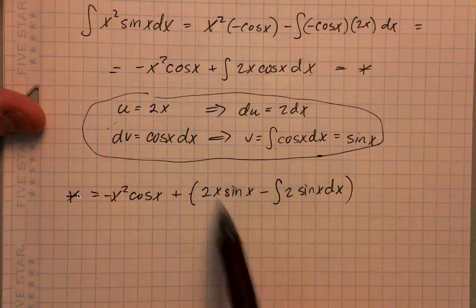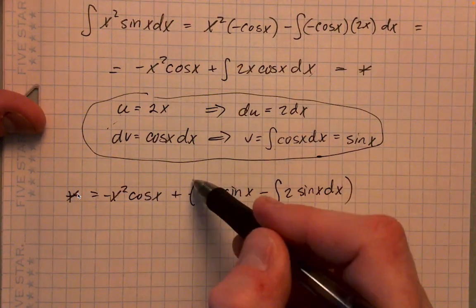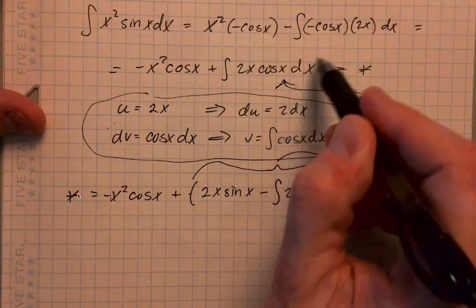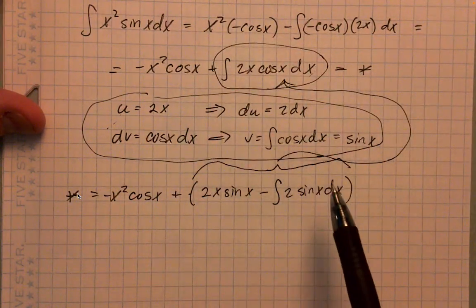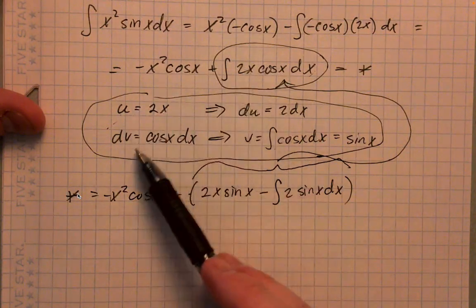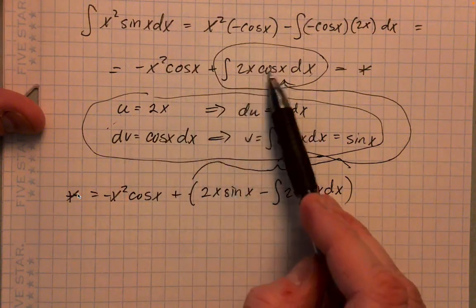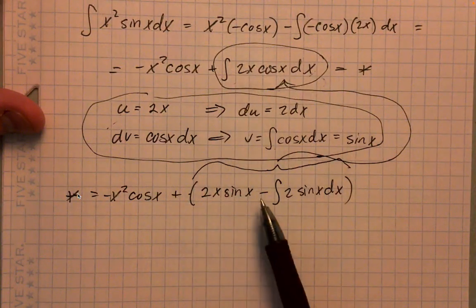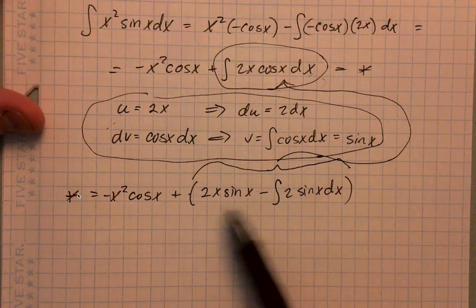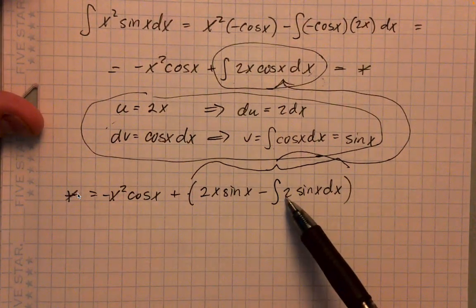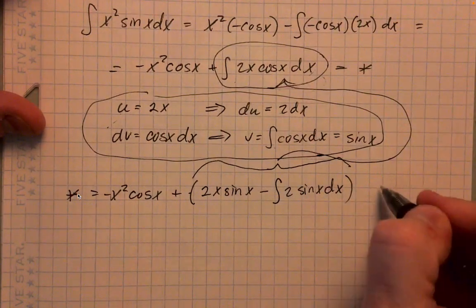Okay, we've just plugged all of this. Let me make a note here. Into this. Right, our chosen u is 2x, that's that. Our chosen dv is cos x dx. So this is our integral of u dv, and it's equal to u times v minus the integral of v du. That's what this part is. And now we can see that, oh great, now it's just a constant times sine, so we can easily integrate